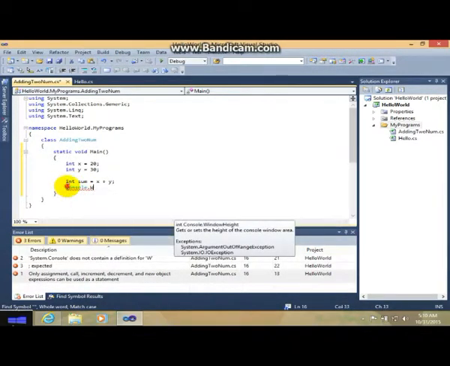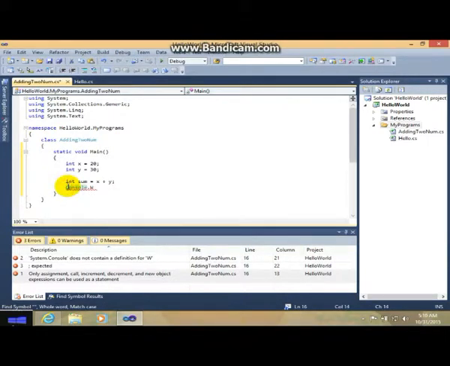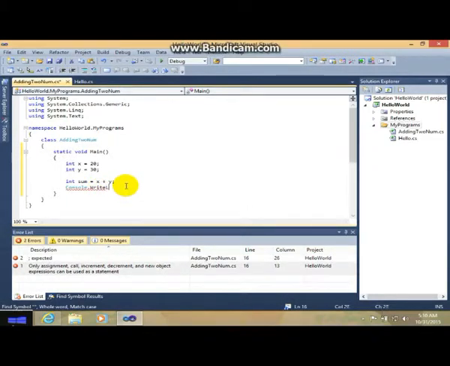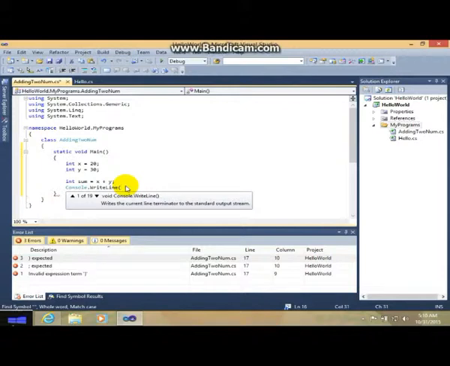This Console should be uppercase C, and this W should be uppercase, Write, capital L, Line, and this open parenthesis, and you want to display sum. It should be very simple.